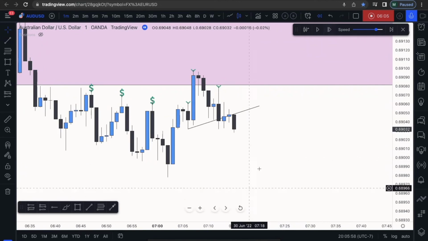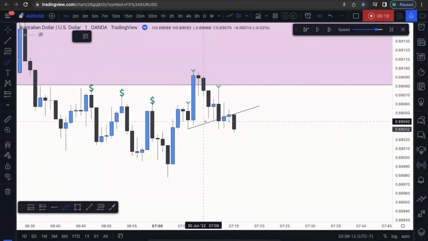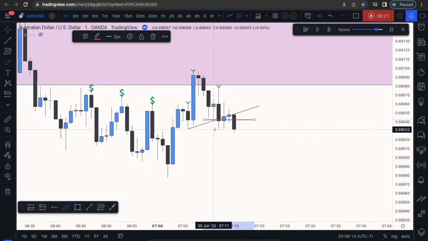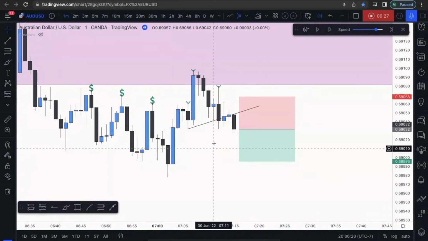Okay, so right at this moment, what I saw was three confluences. Number one, I saw a reversal pattern, that is head and shoulder pattern. I saw break of a trend line, retest and rejection, and I also saw again two short-term levels being broken. So that was enough confluence for me to take this trade